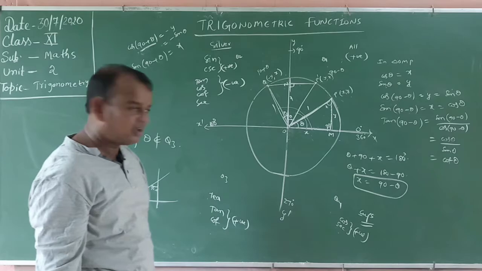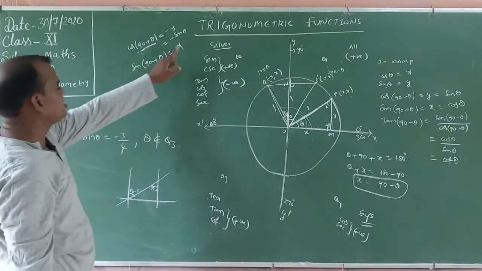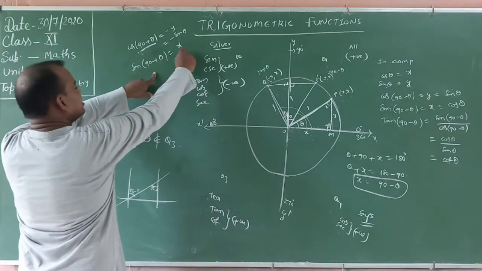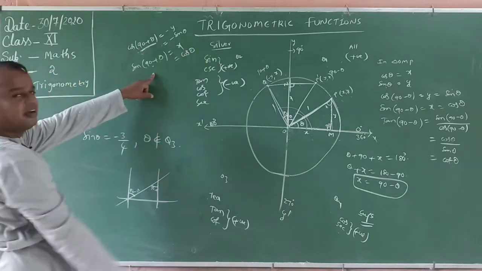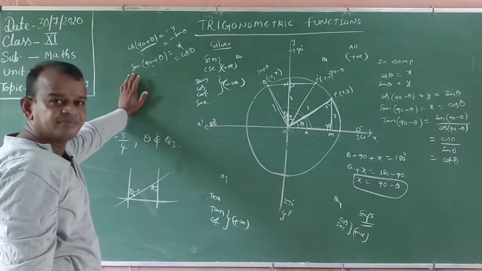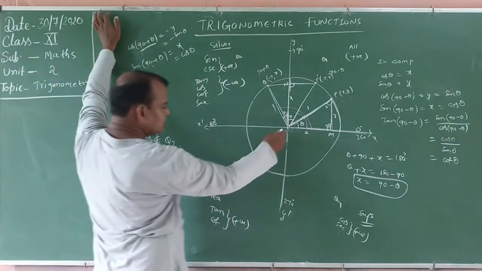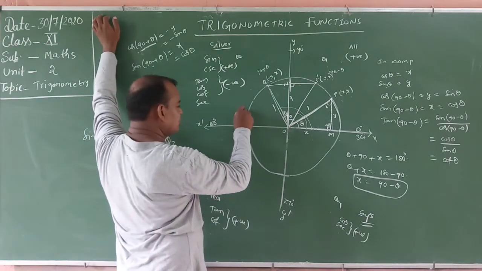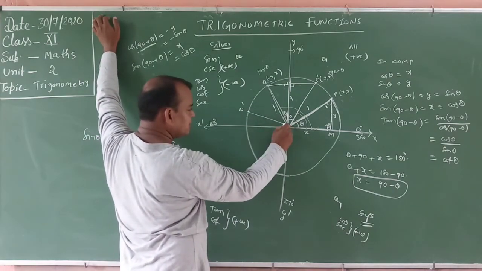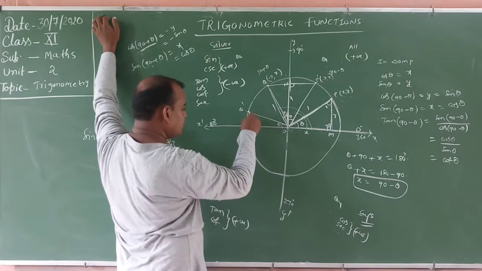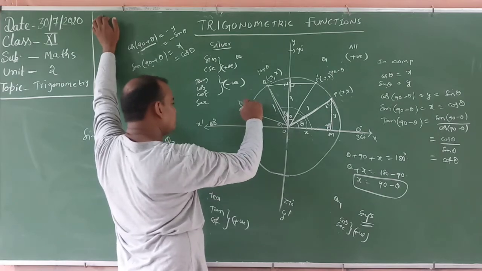Now, sin of 90 plus theta is equal to x, which means 90 is there, that is equal to cos theta. Tan means this one by this one. Now here, same in the parallel. First of all, we will take this point. What about q dash? This is first of all theta. Now draw the perpendicular. What about the coordinates of q?